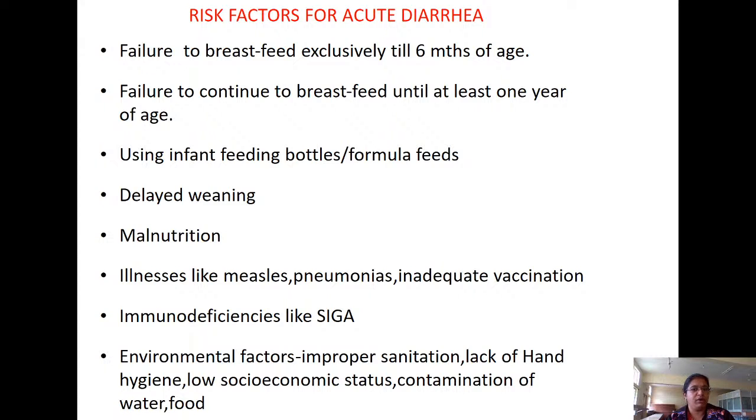Using infant feeding bottles or formula feeds. Now the problem with formula feeds or any top feeds is dilution. Sometimes because of poor affordability they will dilute the feed excessively, or people who can afford it try to make the formula more dense, more hyperosmolar, that is putting more powder,